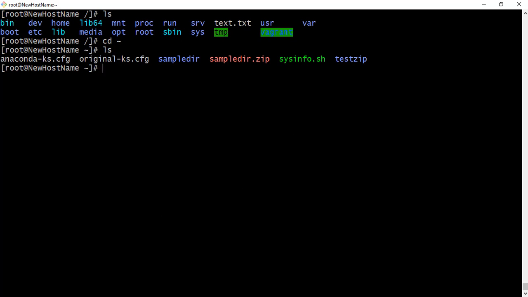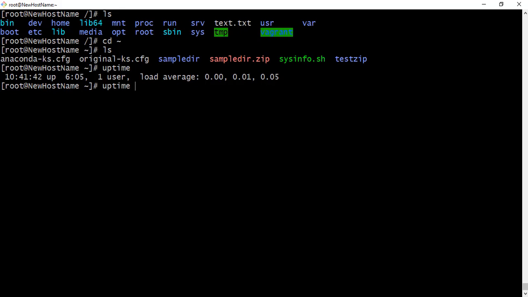Let's say uptime, and I want to redirect the output. If I should run uptime, you get the uptime of the machine, but this output I want to save into a file. Basically I want to redirect the output into a file. I can just say uptime, then greater than, then I'll give the path of the file. Let's say I want the path to be in this directory. I can just give the name, and I can just create a name. The file is not existing, but by doing this it's going to create the file and put the output inside the file,